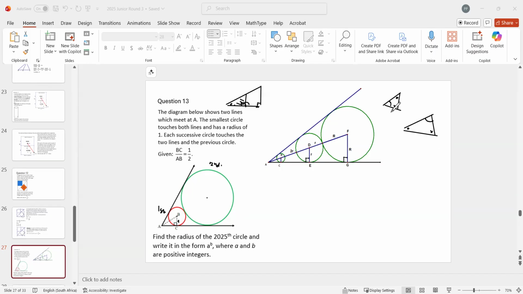And here if I've got A, B, C, and I call this PQR, then these sides are in the same ratio. What do you mean by that? It means if I take B,